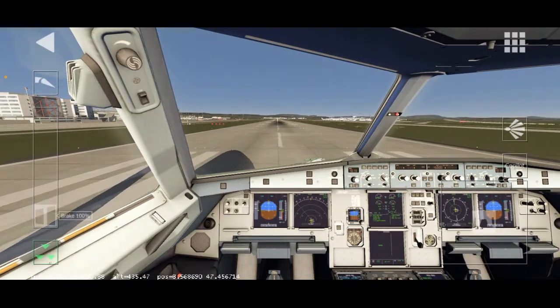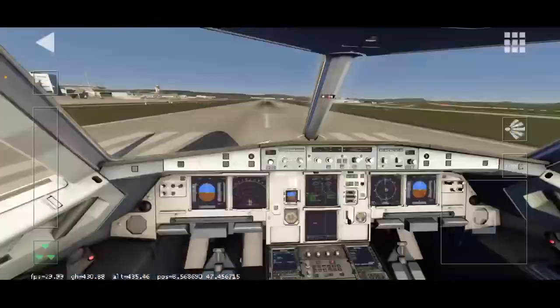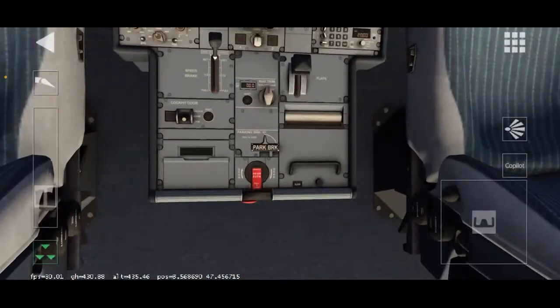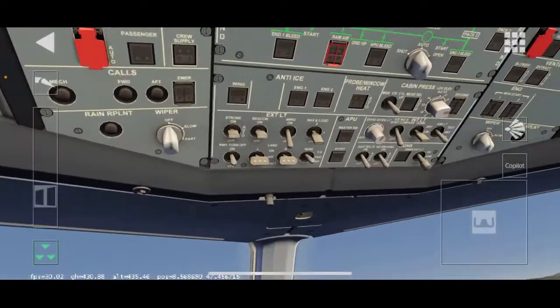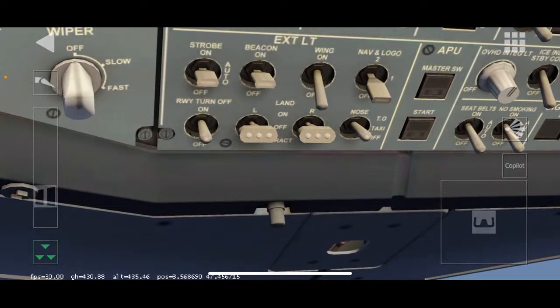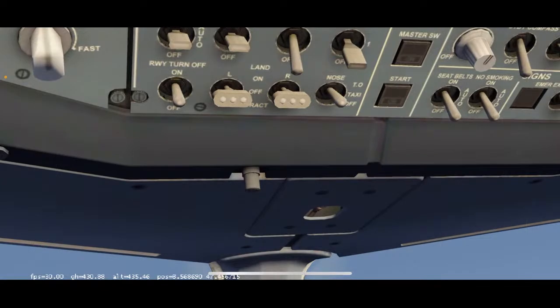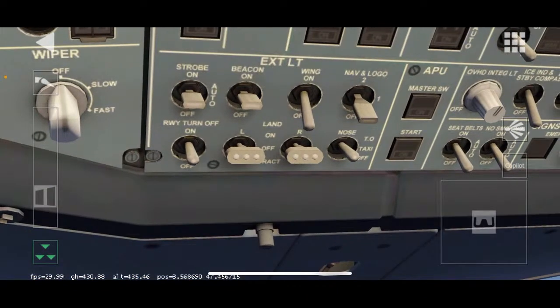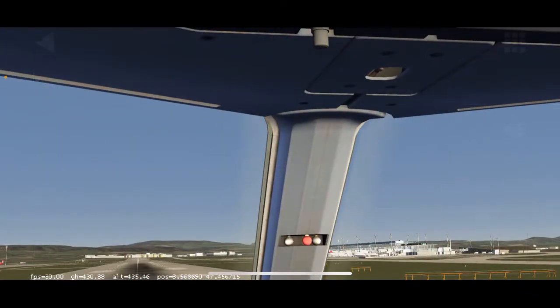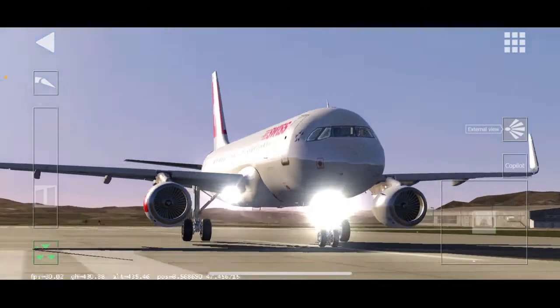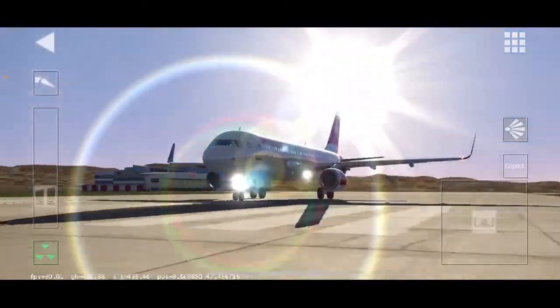We are on the runway. Let me just set the parking brakes for a second while I'm checking stuff. Landing lights are on. Let's double check that. Takeoff nose is on. Wing lights are off. We don't need them. Beacon light is on. Strobe is on. And check. Outside, turn down your volumes for a second. Beautiful, beautiful, beautiful.